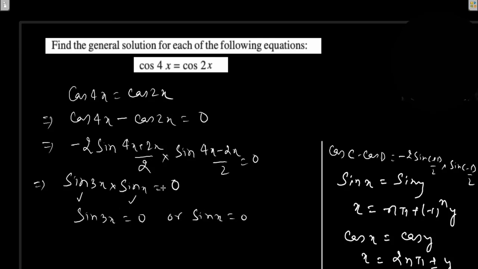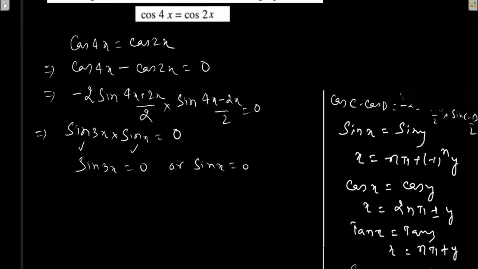Because if this is becoming 0, this means that one of these quantities is 0, right? So either sin 3x is 0 or sin x is 0. Alright. Now solve these two separately. We have just concluded that if sin 3x equals 0, I can just write it as sin 3x equals sin of n pi, right? Similarly, I can write sin x equals sin of n pi as well,